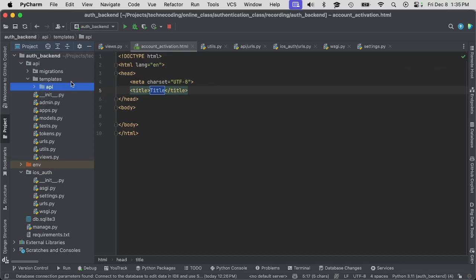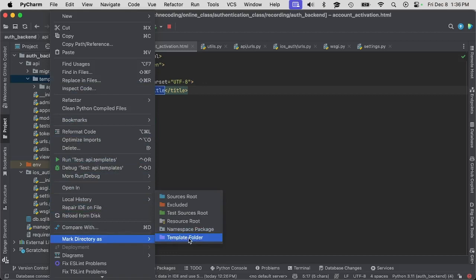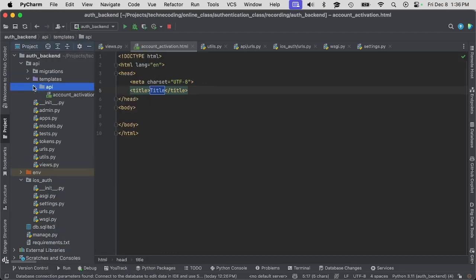Also, out of the box, it is configured this way to work like this. You can change it. You can actually have all of these templates in one directory outside of a Django app, but we're not going to go over that right now. Just know that it is possible. Nice thing about PyCharm too is we can actually mark this as a template folder, so PyCharm recognizes it. I haven't really noticed any real difference by doing so other than the color changes, and it's just easier to